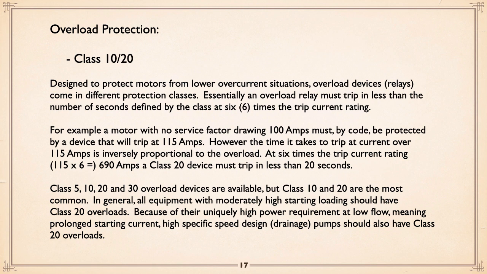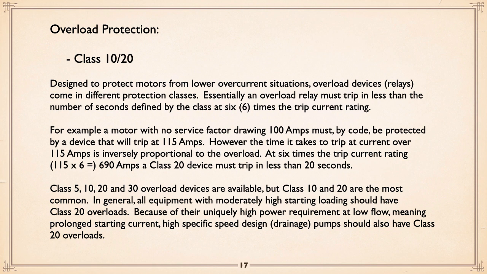gap in between. At 6 times the current rating, which is 690 amps, if you have what they call a class 20 overload device, it must trip in less than 20 seconds. Okay, and I apologize for that screw up on the rating there. We're talking about, as I say, a 100 amp motor, 115 amp is allowed. You can operate at that free. Anything beyond that, the trip time is inversely proportional, and at 6 times, essentially, it has to trip within 20 seconds